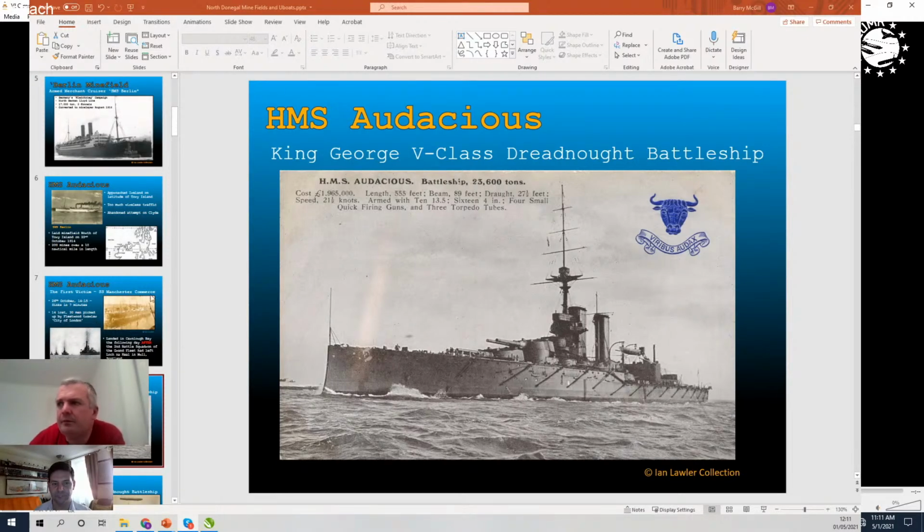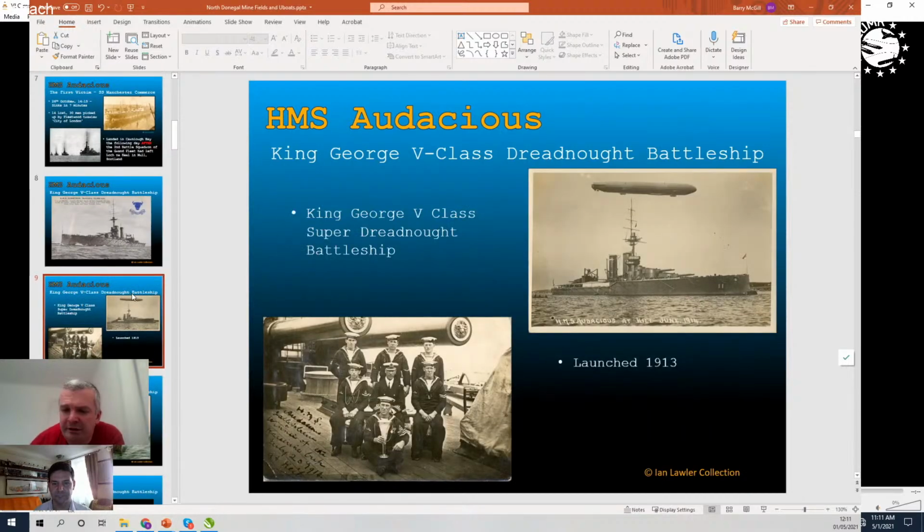So you can see here, pictures. You can see the screen change there to a picture of